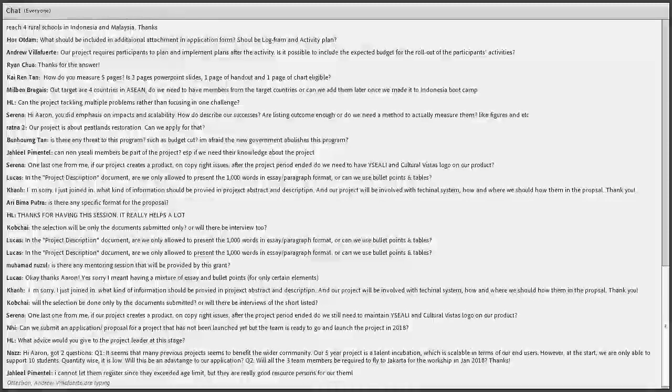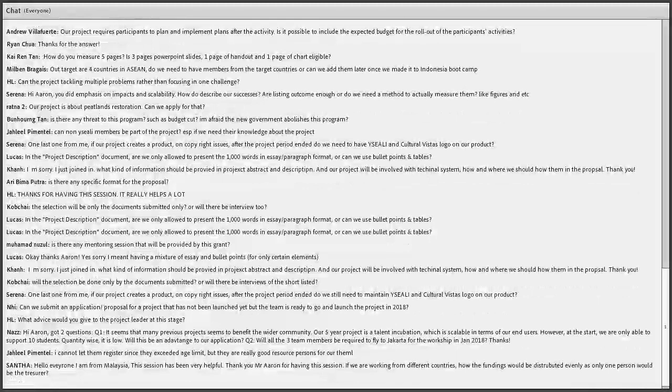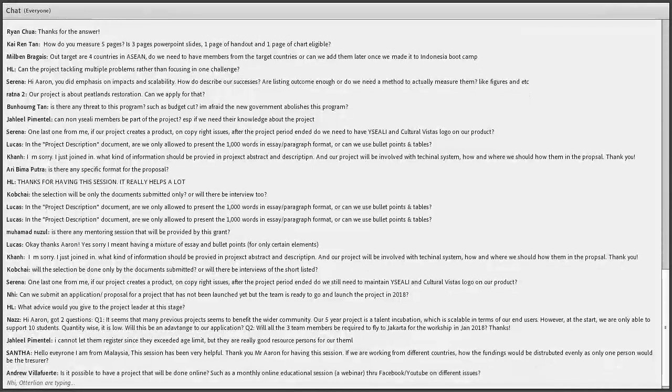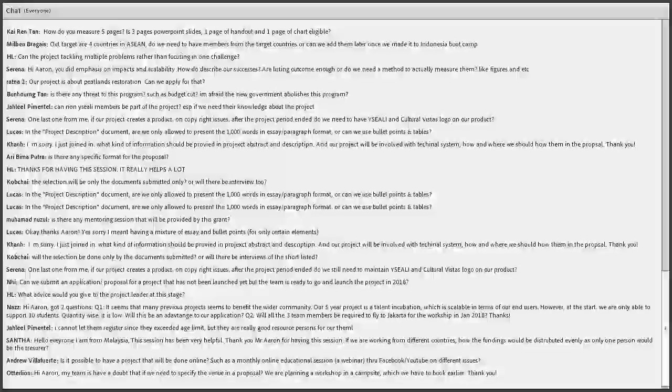HL asks, what advice would I give to a project leader at this stage? Make sure you have your team in order and have a project secretary and a project treasurer that you trust, and start sketching out a delineation of tasks and how you'll be able to do it over the next year. Right now, your project should be ending at about this time. You should want that project to make a real impact in your community. So let's sketch it out, think about what you would want in a year from your project, and then try to work backwards in creating your application.